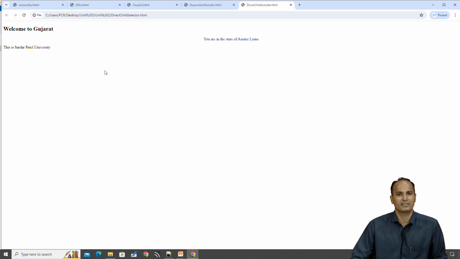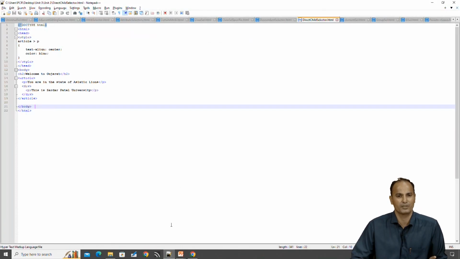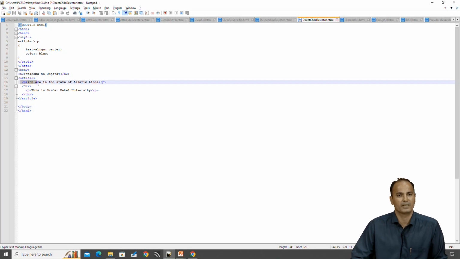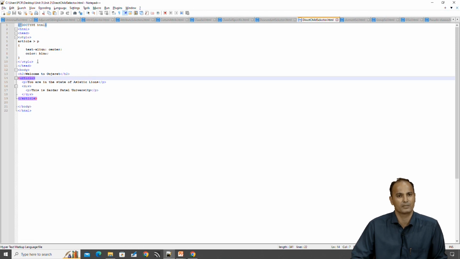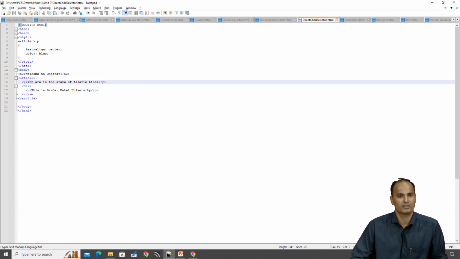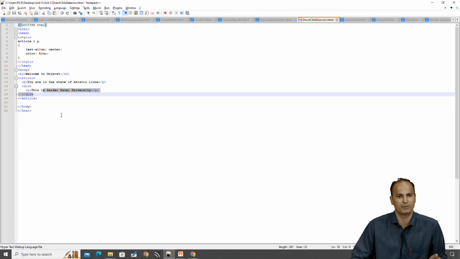So you can see that the only direct child was this second h2, which was a direct child of the article tag, that is the parent. So the CSS effect will be applicable only to the paragraph of article which is a direct child of article, not another one if it is somewhere within the division tags. This effect will not be applicable to the other paragraphs. So this is what it is all about, a direct child